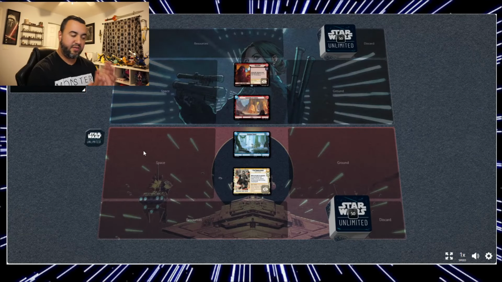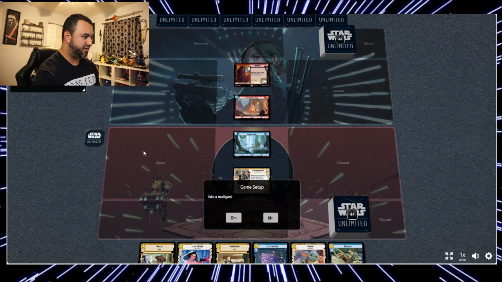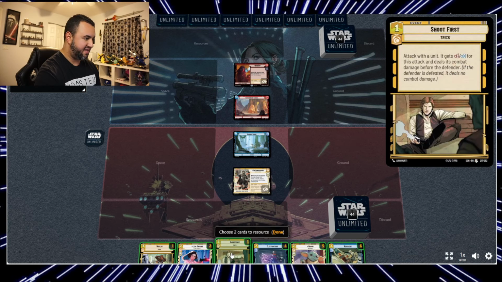All right, so here we go. Game number 3. All even up. Let's see who wins the tiebreaker. We got Grogu. We pretty much got exactly what we need. Take a mulligan. No. Leia also is very good with this deck as well. So I want to keep...